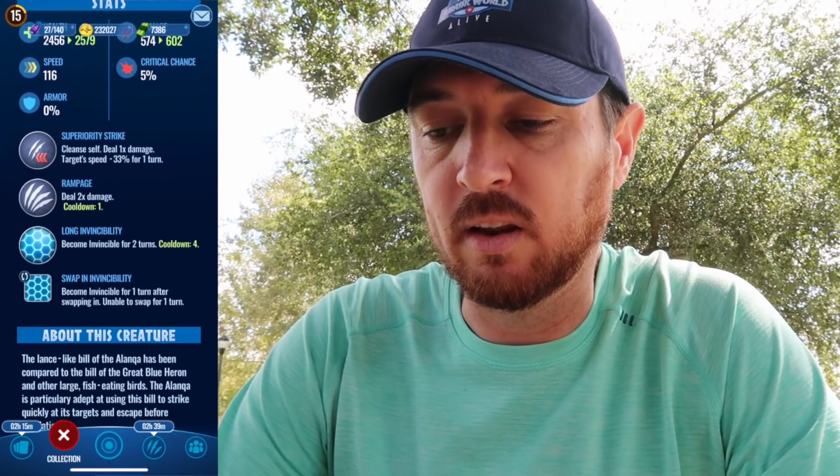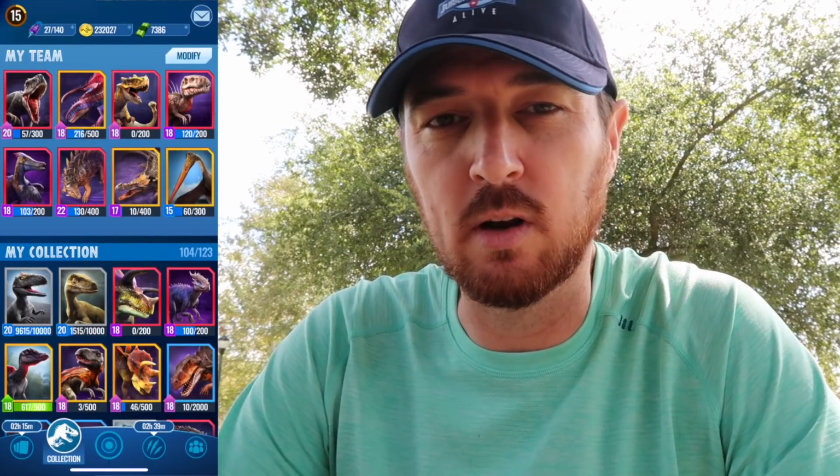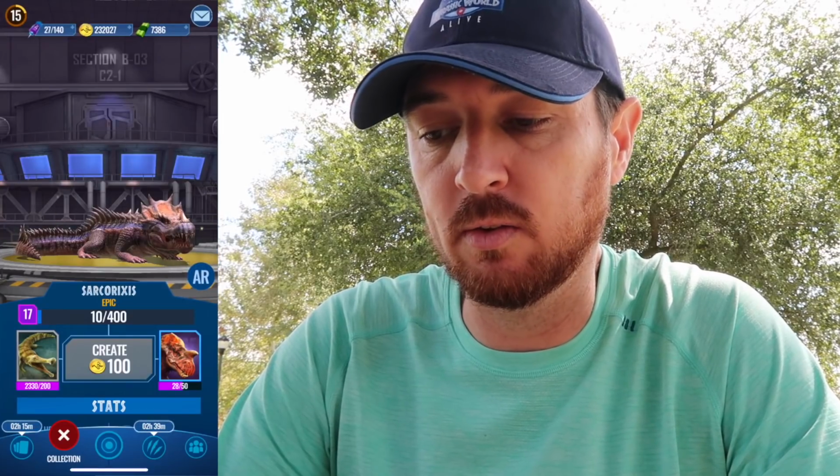Alanqua is what I'm gonna go. I think there should be a U in there for Alanqua, but that's what I'm gonna go with. But anyways, if you look down at the bottom, it'll say swap in, and then this one is invincibility. Now, if you look, not just the new dinosaurs got these new swap-in abilities, because if you look at this